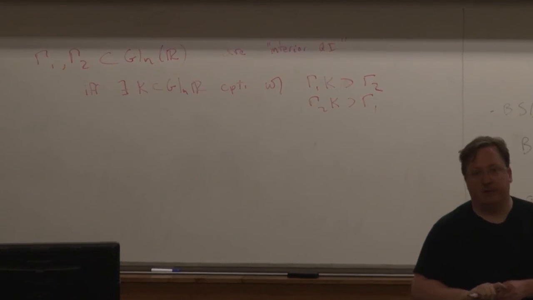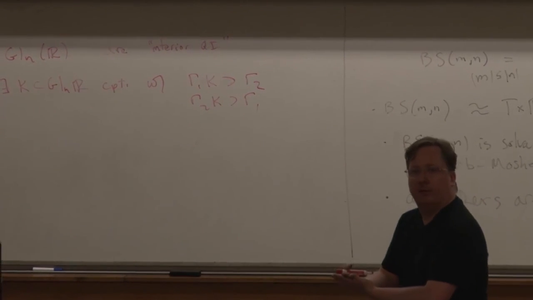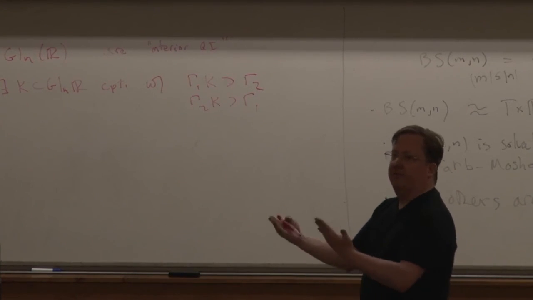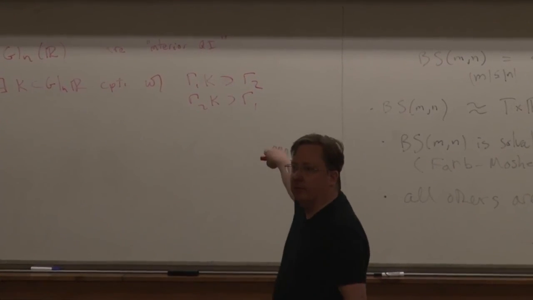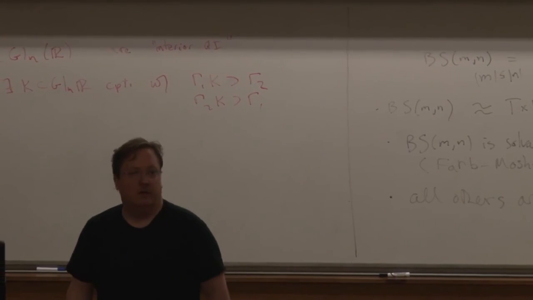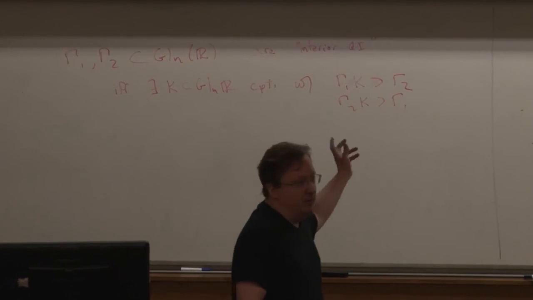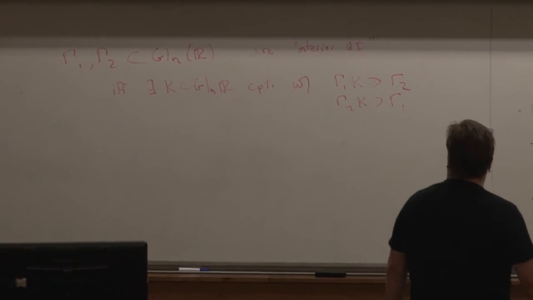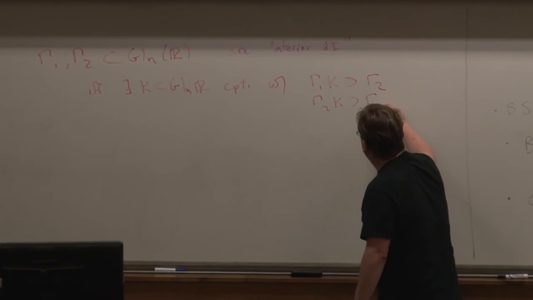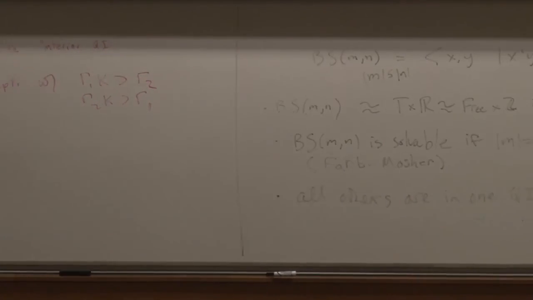There's a couple of obvious examples. They could be commensurable. That's the easy case. They could just intersect in a subgroup of finite index. They can be different co-compact lattices in the same closed subgroup. That also works pretty easily. And then there are a few more exotic examples. But even this concrete question is pretty open. I know how to do it for GL2, and that's about where it stops.